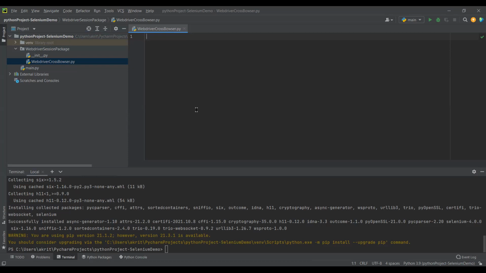So this session is basically the first session where I'm just trying to explain the basic setup of Selenium using Python. When we go further, I'll try to demonstrate how to handle basic web browser functionality.